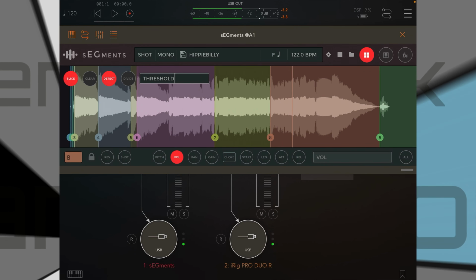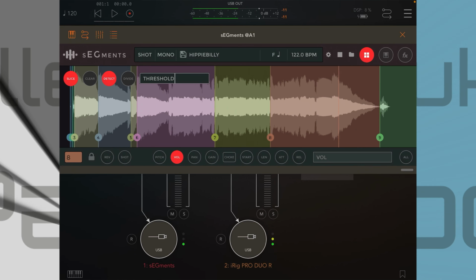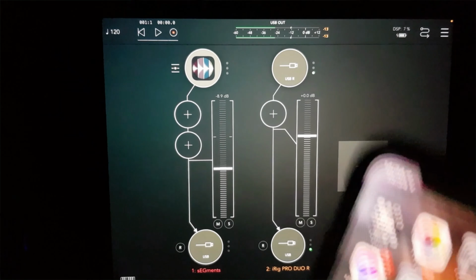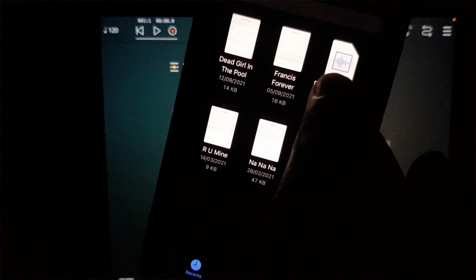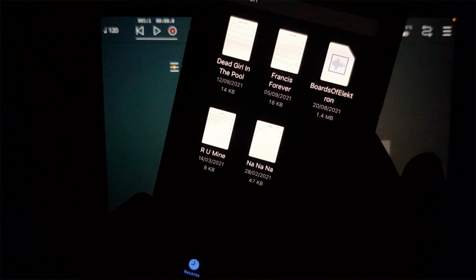Okay, now let's go and have a look at one of those other methods of importing audio into Segments. Now I'm going to send an audio file from my iPhone directly into Segments on my iPad using AirDrop. If I just bring my phone onto the screen here, I hope this is going to come into focus. Press on Files, and in my recent documents here, I have an audio file from one of my patrons,